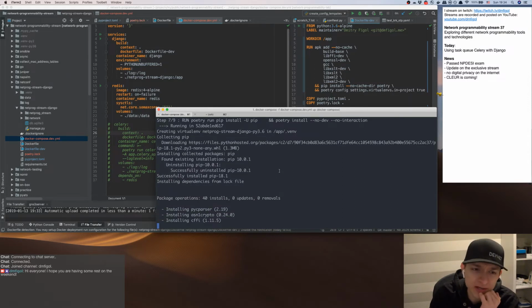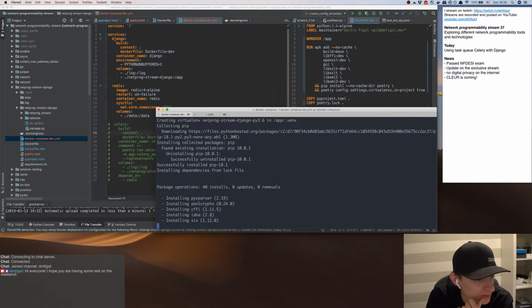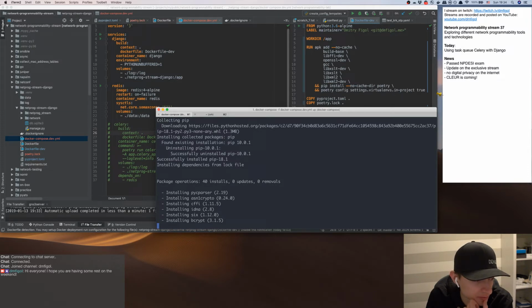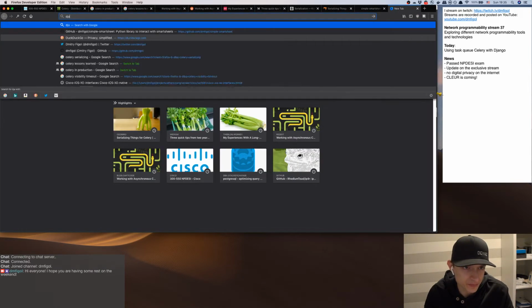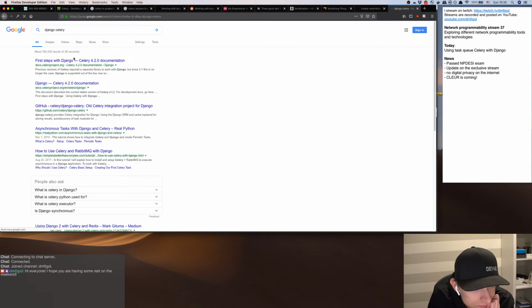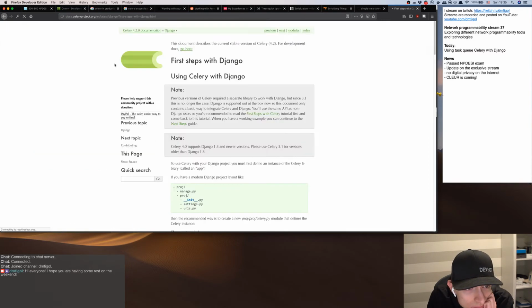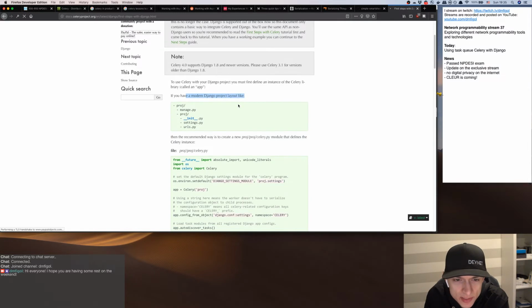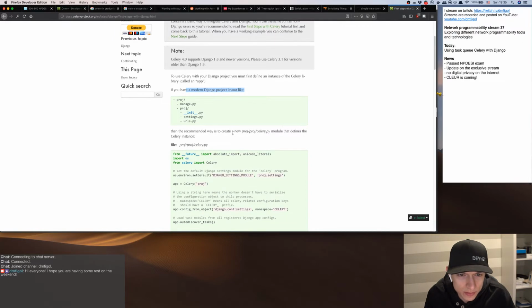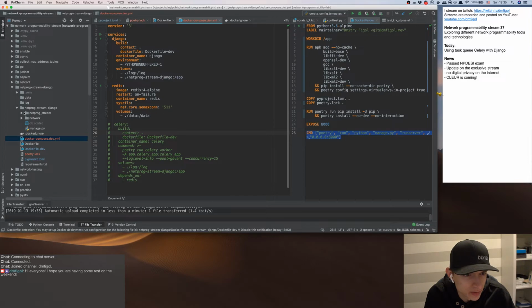To be fair, I can actually go ahead and start looking at the Django Celery tutorial while we are waiting. So let's just go ahead and say Django Celery. Okay, so they say if you have a modern layout like this, then the recommended way is to create proj/celery.py. Okay, so we will go ahead here and